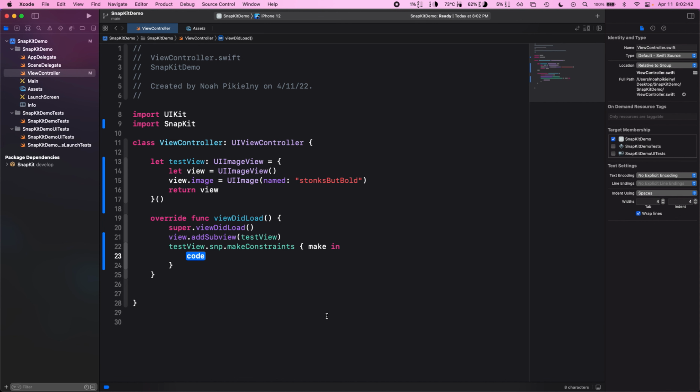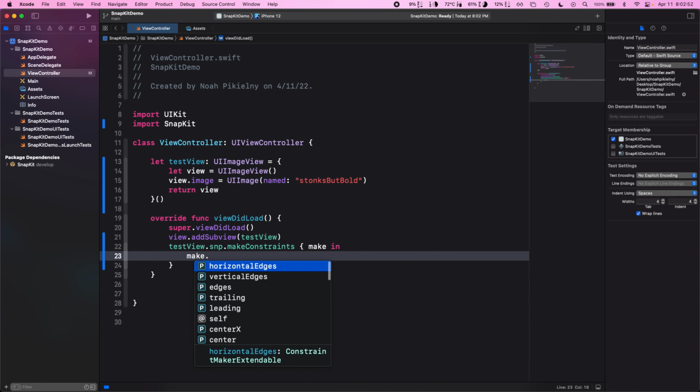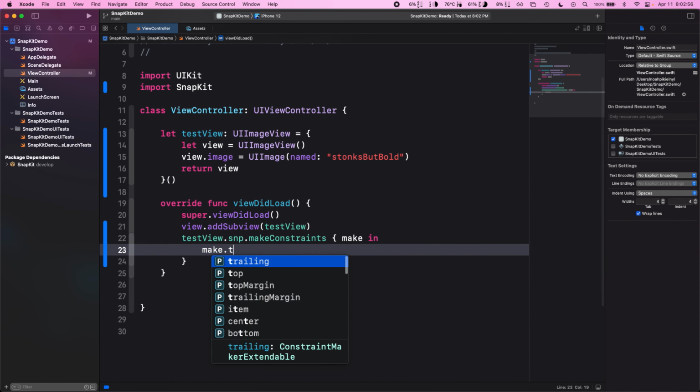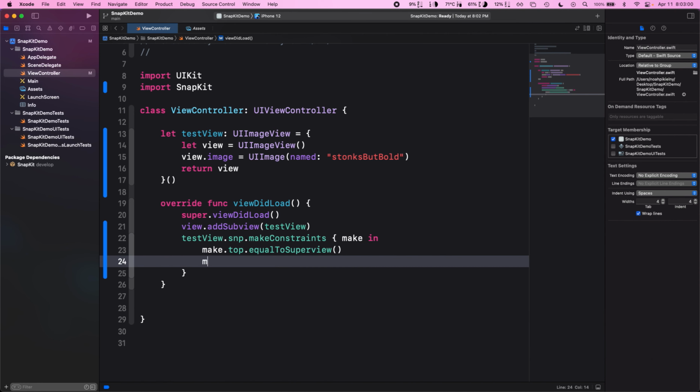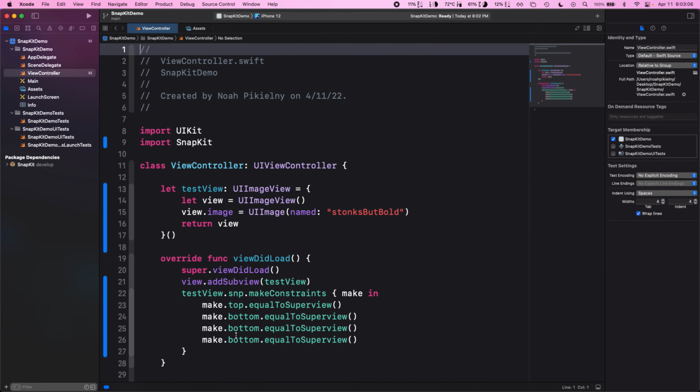So it's kind of similar where we have the NSLayoutConstraint.activate. But this make is something called a constraint maker. You don't really have to worry about this. But then how we actually create constraints is just top, and then I can set it equal to super view. And I can do this with bottom, and then leading and trailing,